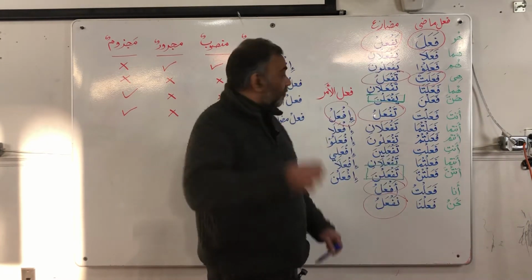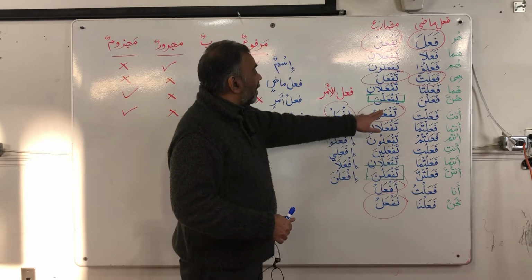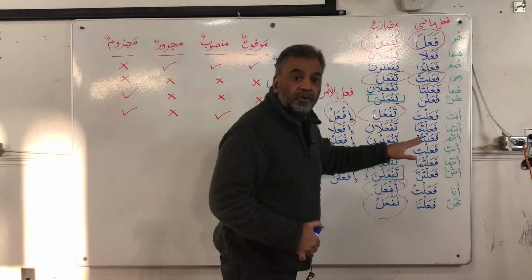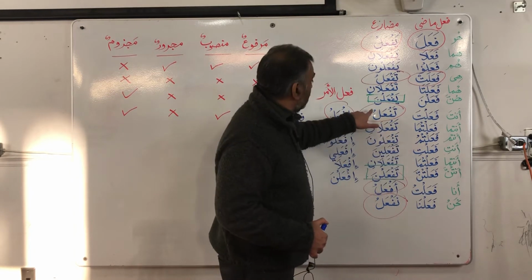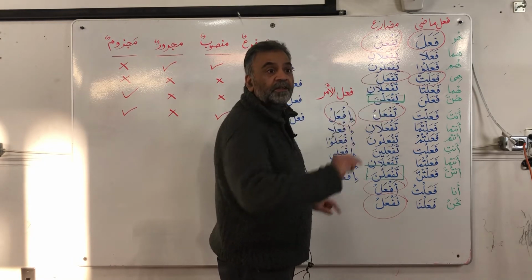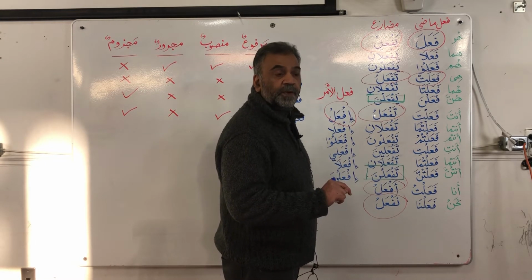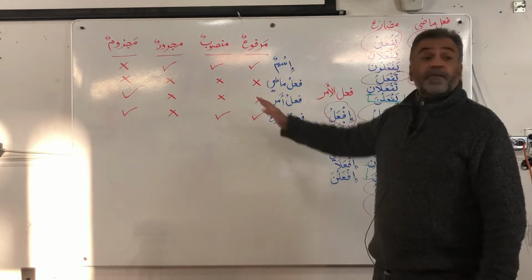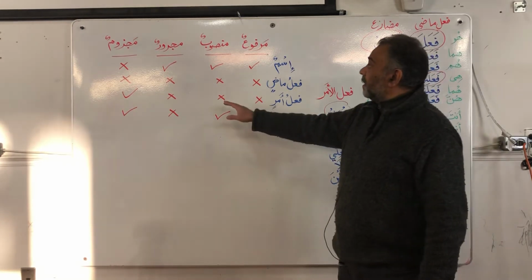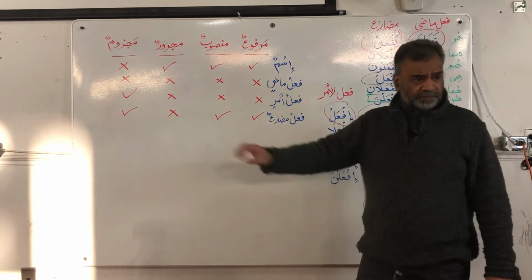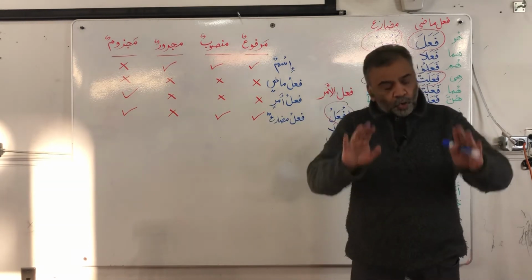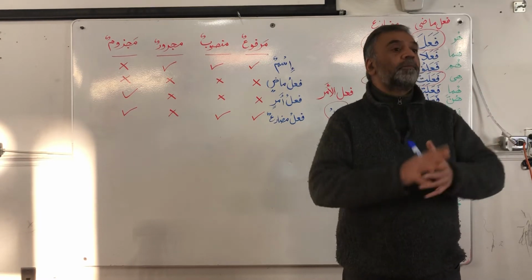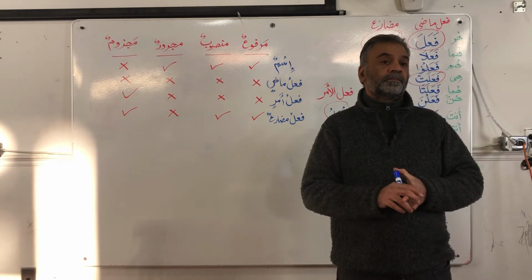And we have done this exercise just for quick reference. Taf'alu is marfu. So, make it majzoom, this dhamma will go away and we will put the jazm there to make it majzoom, right. So, fi'l amar, they can never be marfu, they can never be mansoob, they can never be majroor, they are only majzoom. They can only come in a majzoom form. That is important.